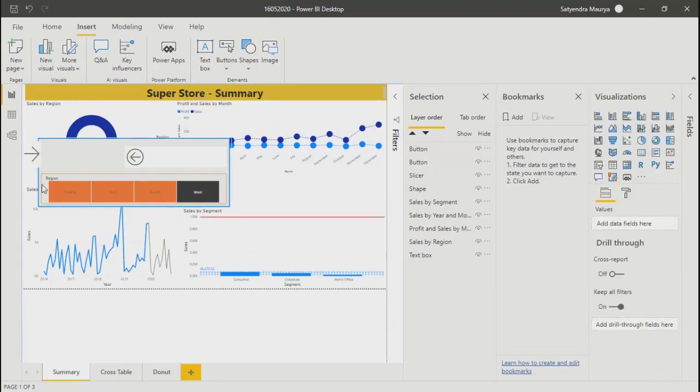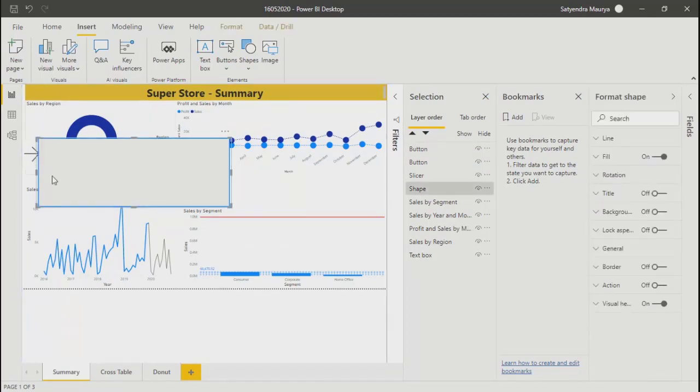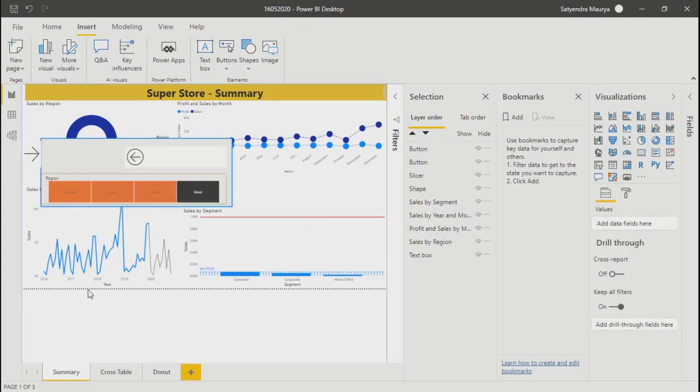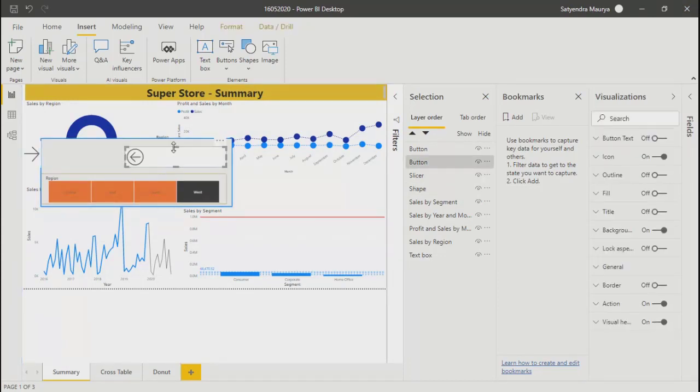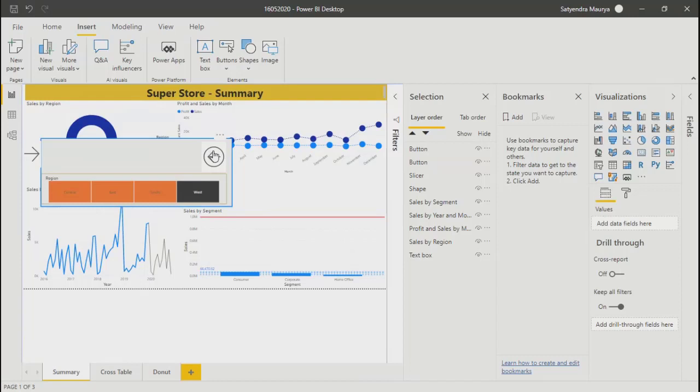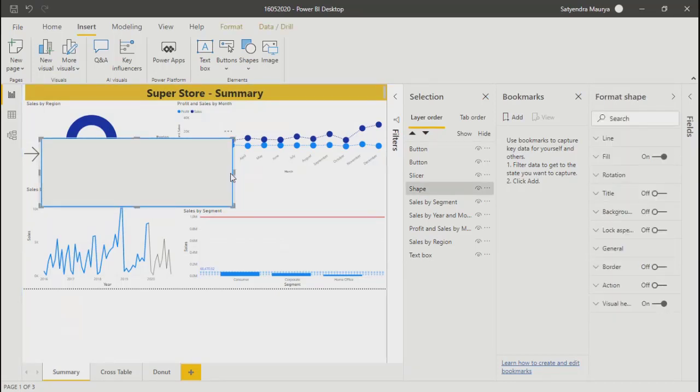The formatting was not looking good. Mostly buttons are left, and the slicer will be left like that only. What I'm trying to do over here is use properties so that I can decide when I want to remove this and when I want to show this for user experience. That's a behavior we want to implement.